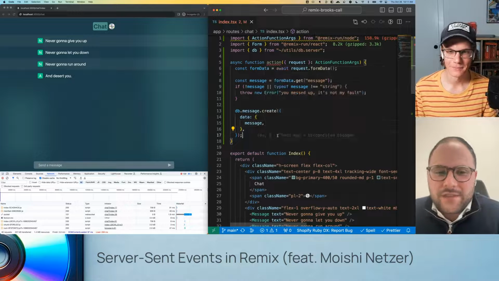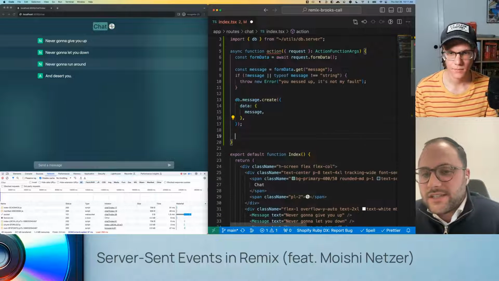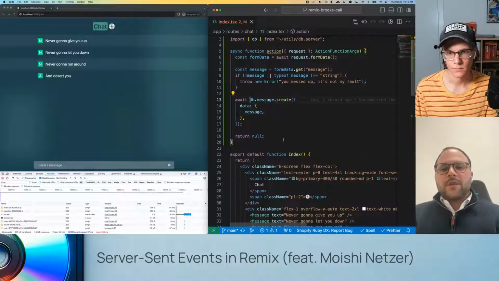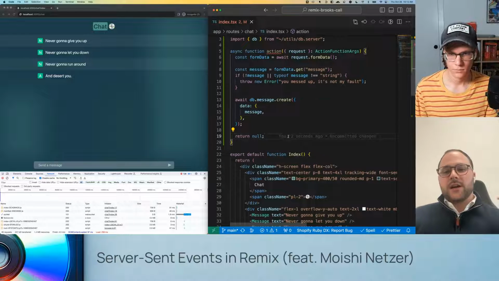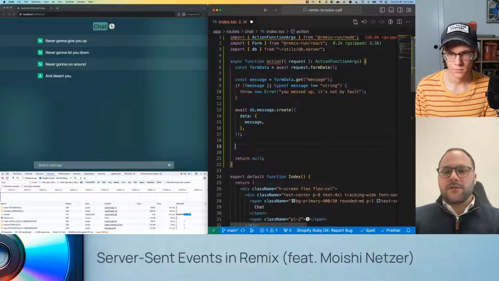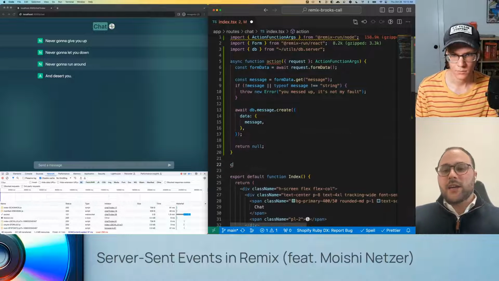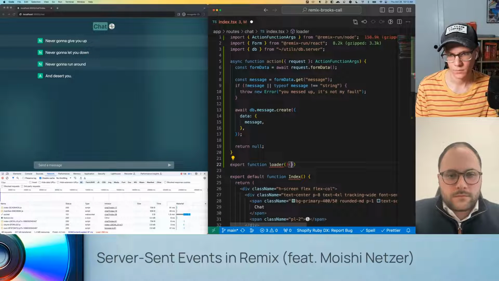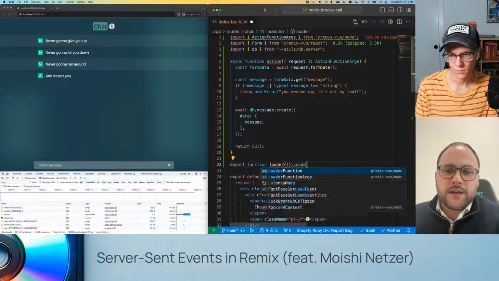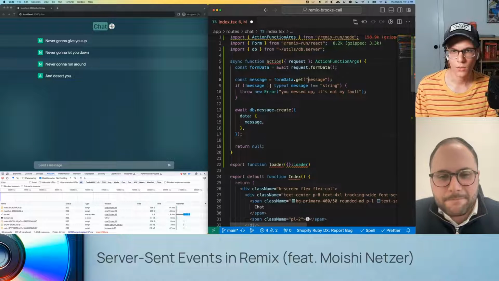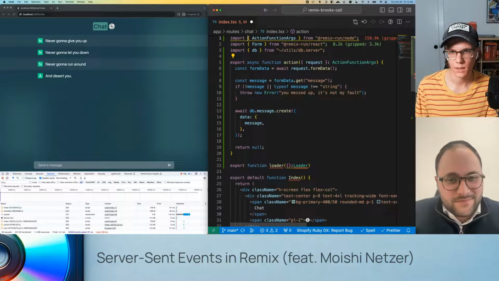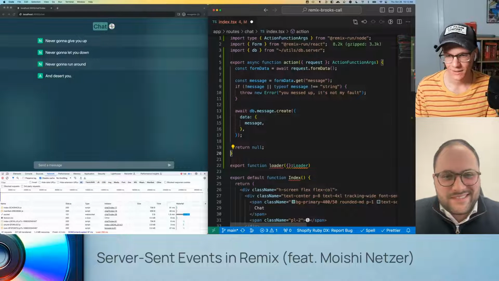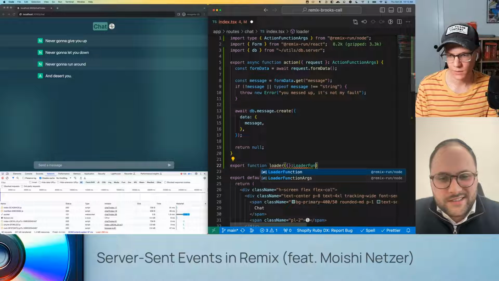Okay. And then for now, let's just return null because loaders and actions need to return data, and null is just going to be fine for now. Cool. So we're creating it. Now we actually need to get the latest messages. So instead of using our static data, let's actually make a loader to get all of the messages as well, right? Sure. Oh, and you need to export the first one as well, the action. I didn't see that. Good catch. This is why we have linting. It really does help catch things. Cool. Nice. So we want loader function args.